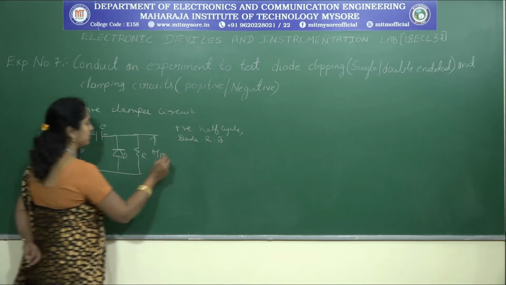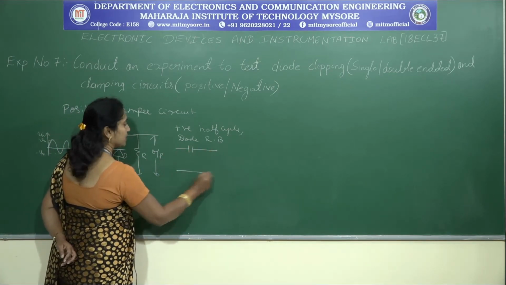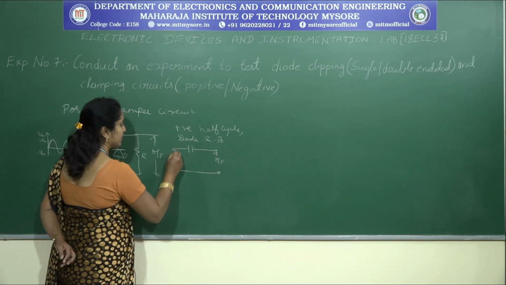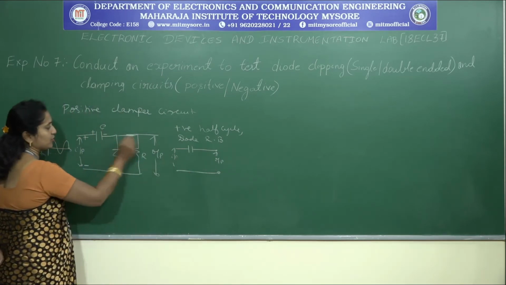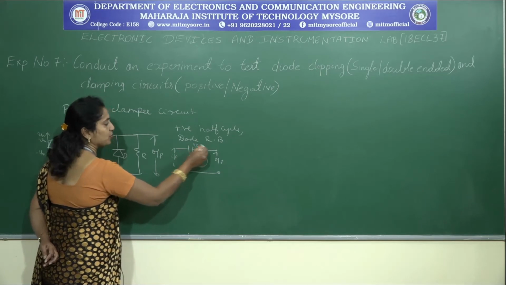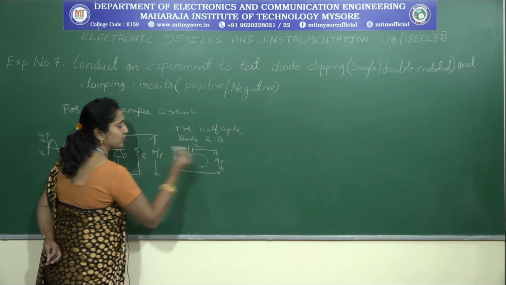And how will the circuit look like? So this is the capacitor, this is the input, this is the output, and the resistor. Since it is reverse bias, the diode will be open. So the circuit will be like this, the capacitor is going to charge up to Vm. So this is the Vi and this is the V0 you are having.